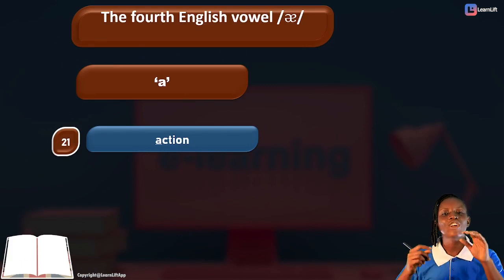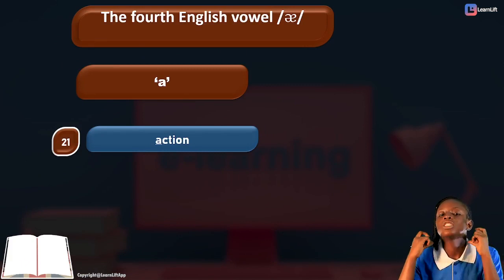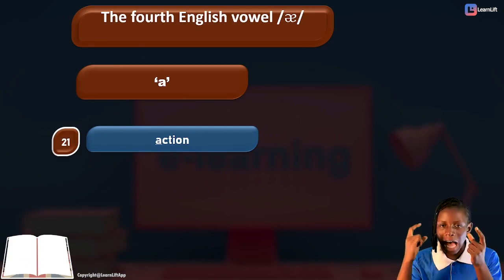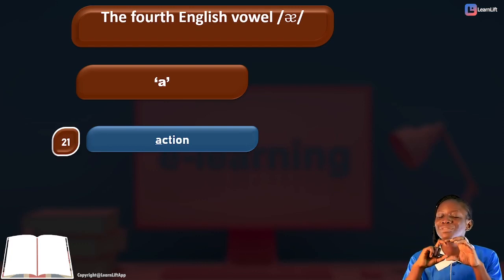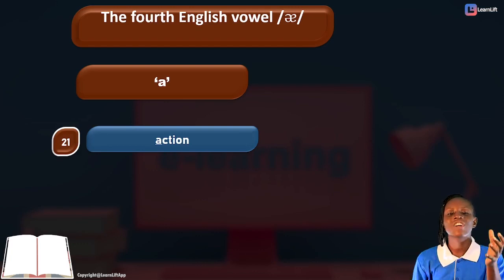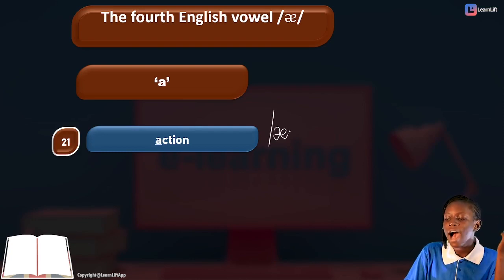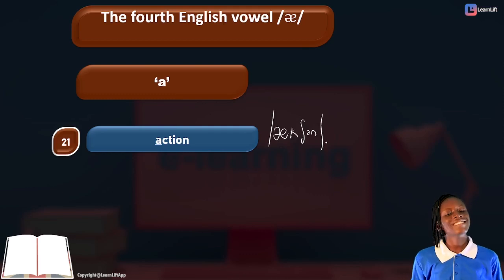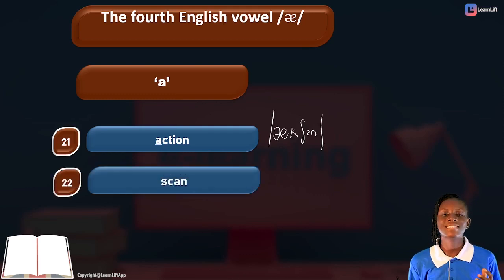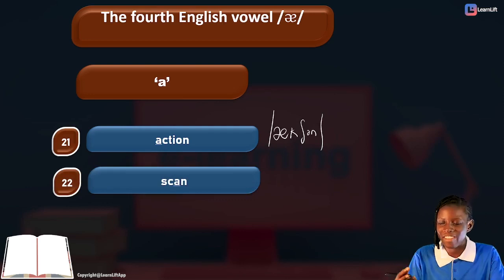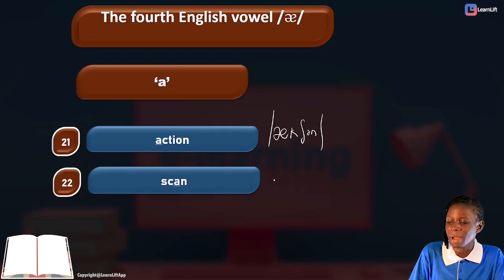Action. Now let's transcribe action together, strictly using our sounds. Okay, remember your letters do not matter. So let's transcribe action together. We have our action to be action. Okay, next example quickly we have our scan. Scan. Wow. So let's transcribe scan together. Our scan is transcribed as